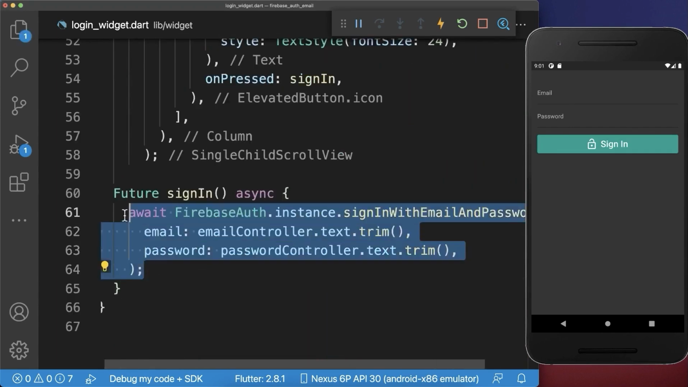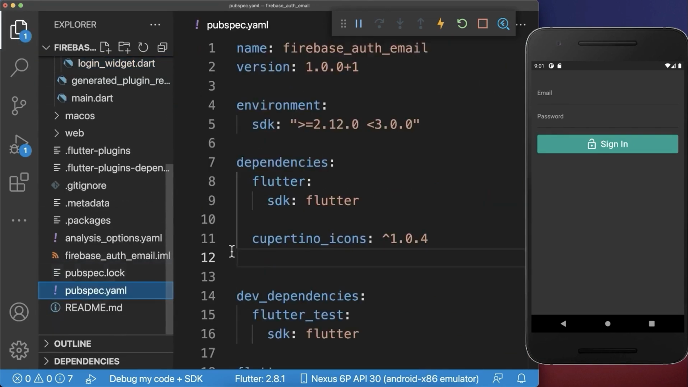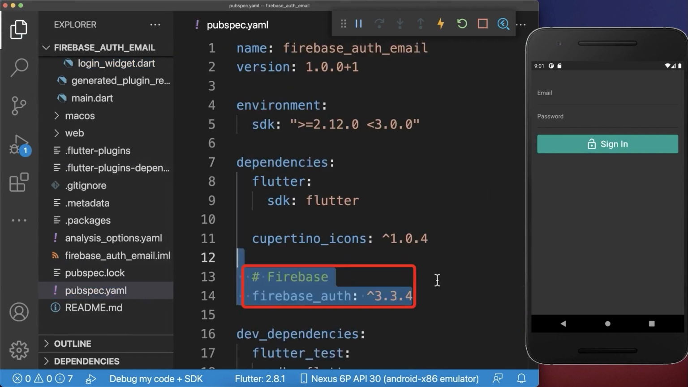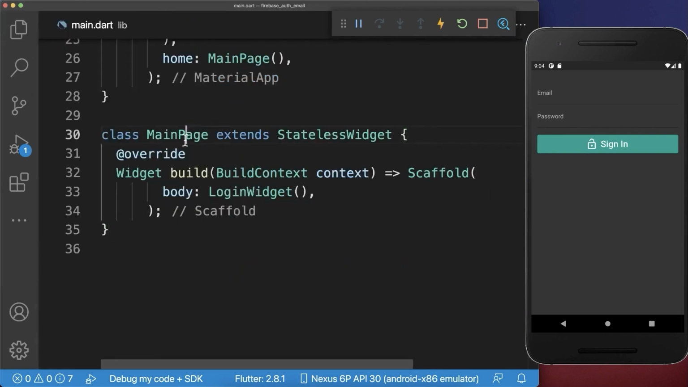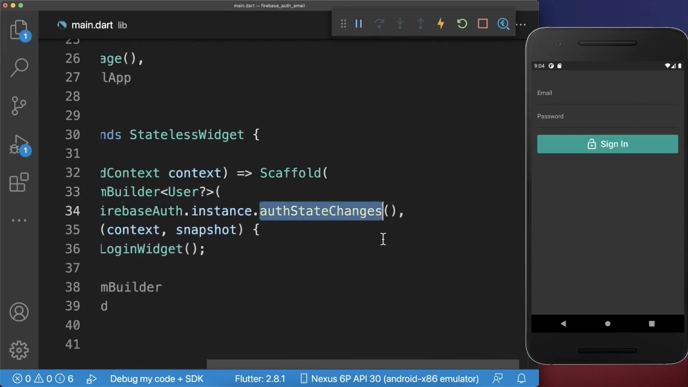To make use of the signInWithEmailAndPassword method, make sure that you also go to your pubspec YAML file and under your dependencies you need to include the Firebase Auth package. Let's also go to the main page where we have implemented our login widget and we want to wrap the login widget inside of a stream builder, and then we use the Firebase Auth package to get the auth state changes,